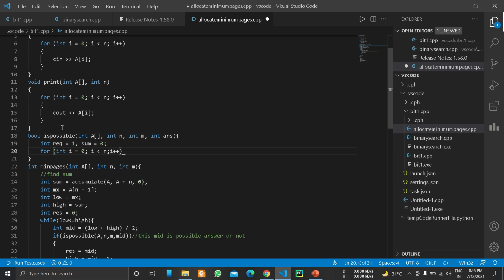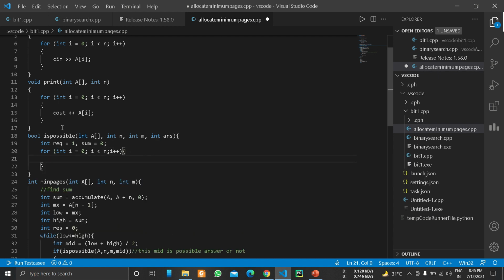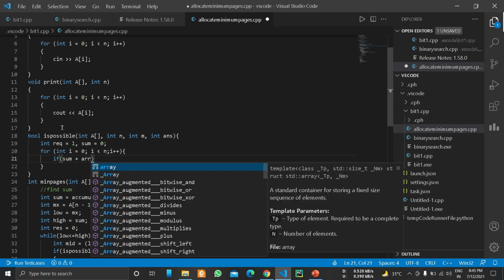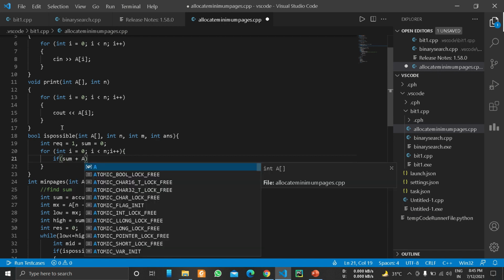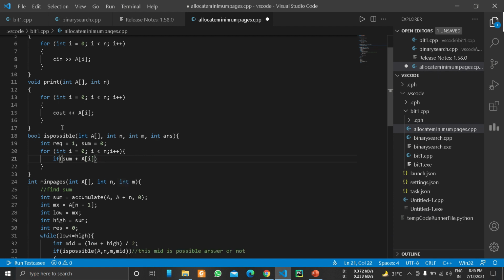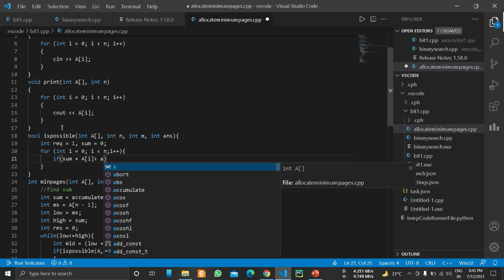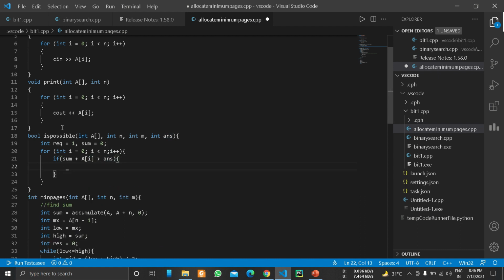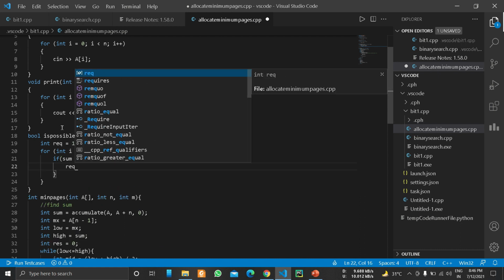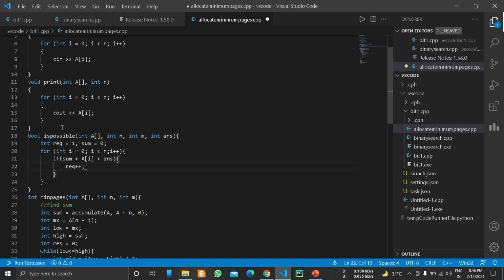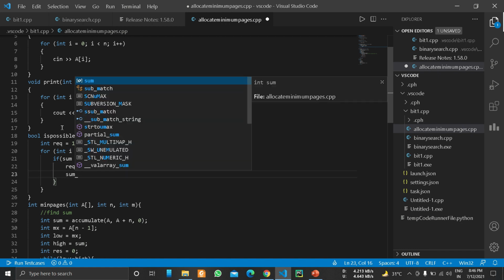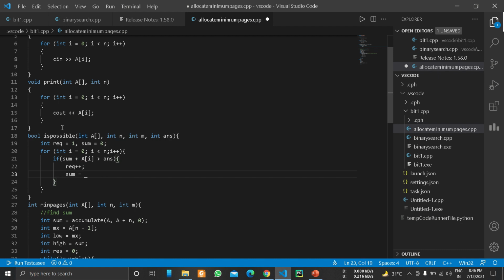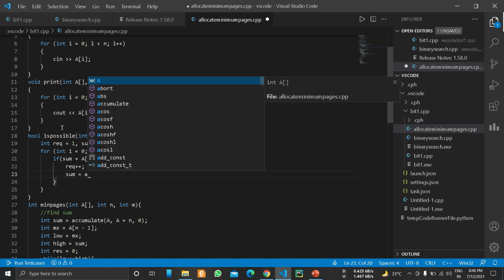If sum plus a of i is greater than answer, it means we require another student to read the page. So what I will do is simply increment the requirement, and this new sum will start from a of i.